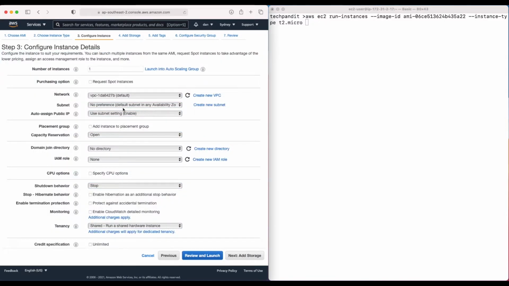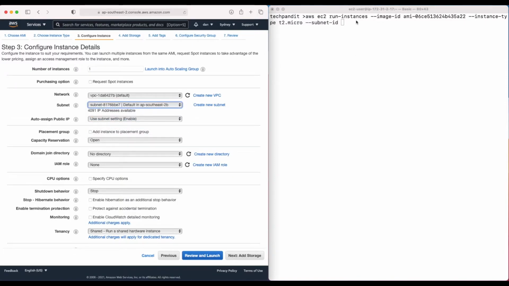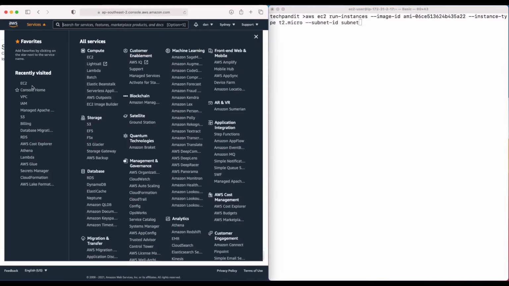If you go next, you have so many options. Here the major thing is the VPC or the subnet that we have to select. So what we can do, we can select the subnet. So --subnet-id. We have to provide the subnet ID. So let me go and select a subnet ID. So let me provide the subnet ID from here, or anytime what you can do, you can go to your